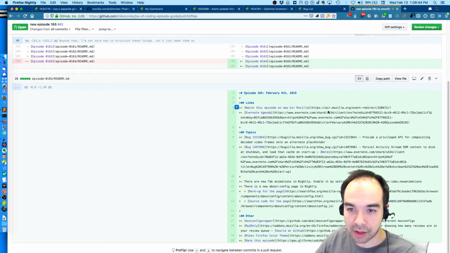The links look good. Air Mozilla, Evernote agenda, the topics that I covered, new tab animations. That's nice. Yeah, he's referring to those. And new about:config page. Yep, that all looks pretty good